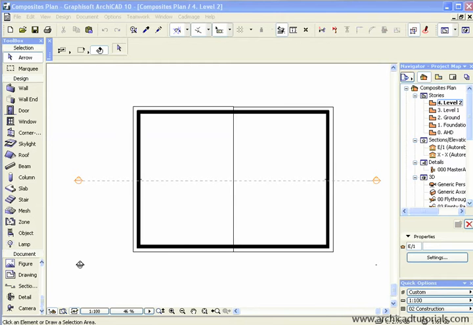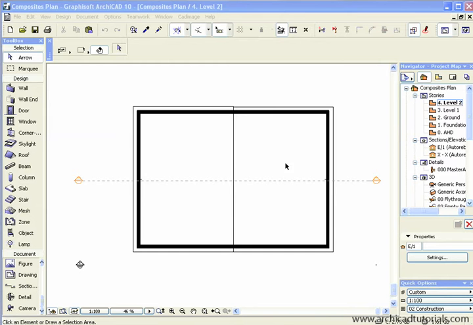Composites have a couple of functions. One, to reduce the amount of drafting that we have to do, and two, to graphically represent a building material or a composition of a number of building materials in a skin. So basically it's a symbolic representation of building elements. So the first thing we're going to do is build a composite, and then we're going to explore some interesting